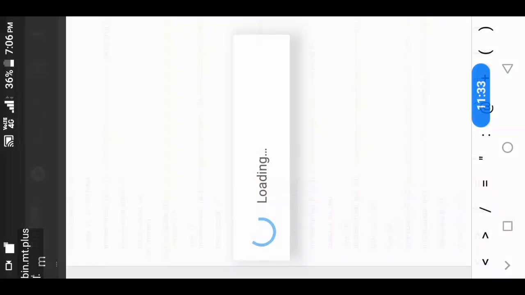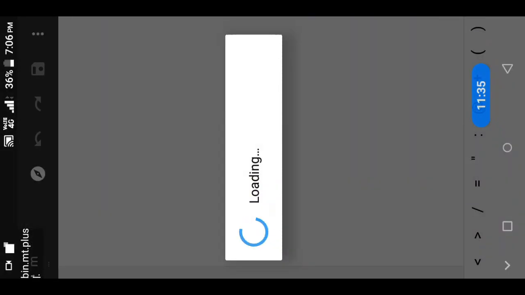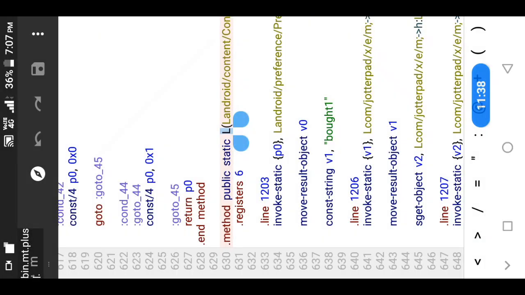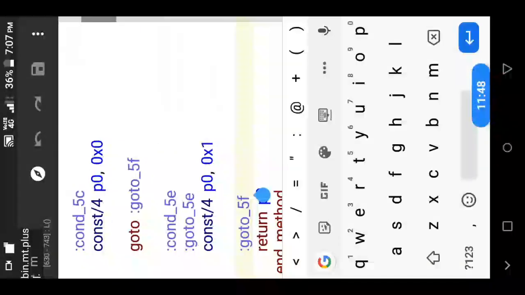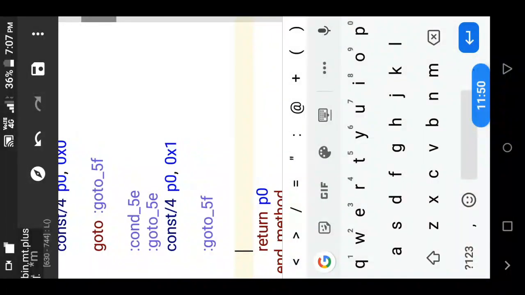So I will go to here. Here you can see I got L. At last you can see it returns P0. So at last I will add one thing.